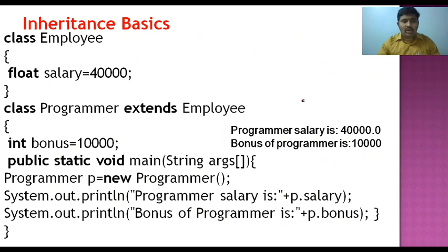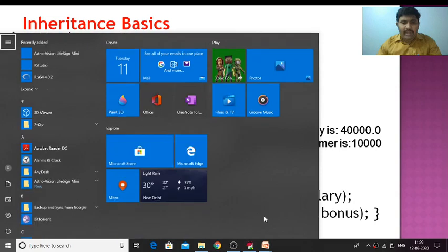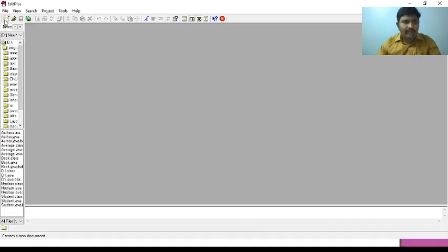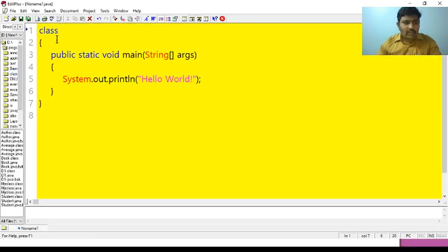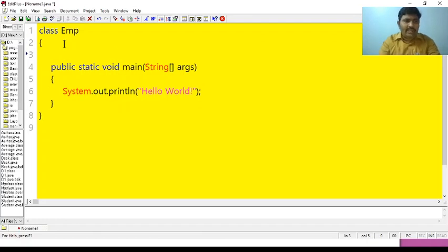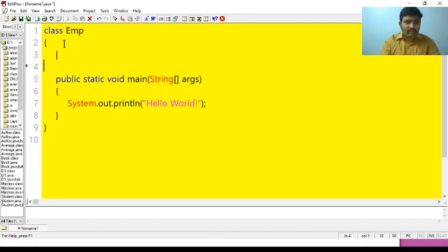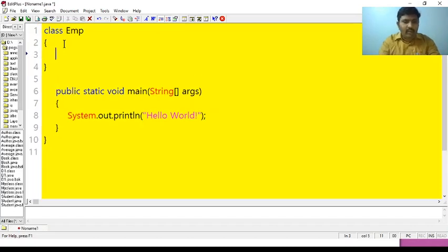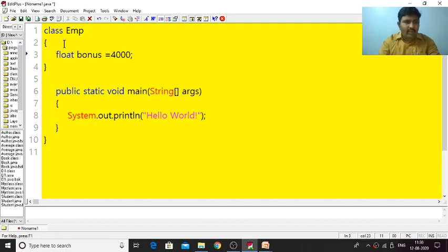So let us write a basic simple program to understand how inheritance works. We modify the same diagrammatic example. I have a class called emp, the employee class. It has a variable, float bonus, equal to 4000. It has only that bonus variable.